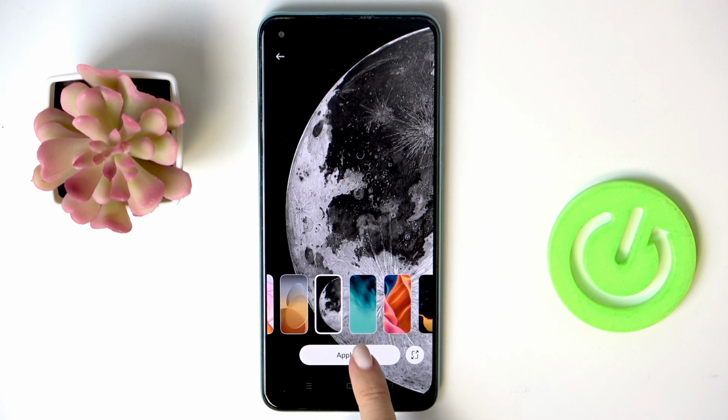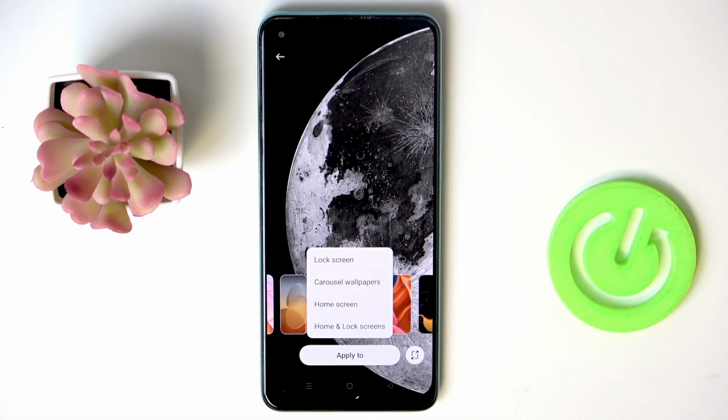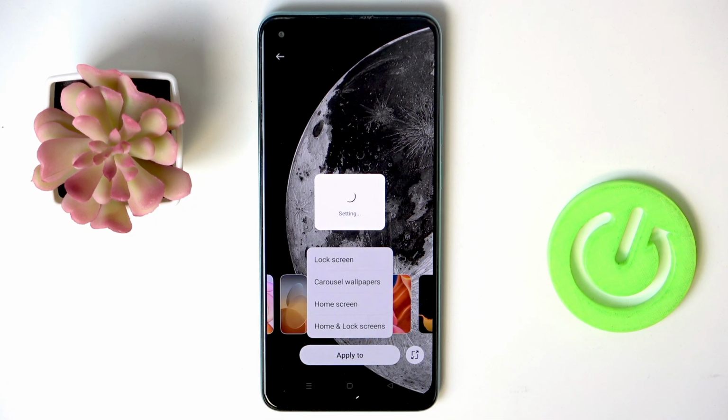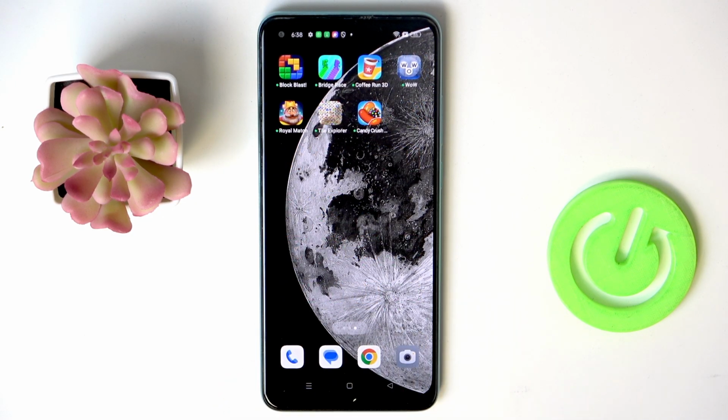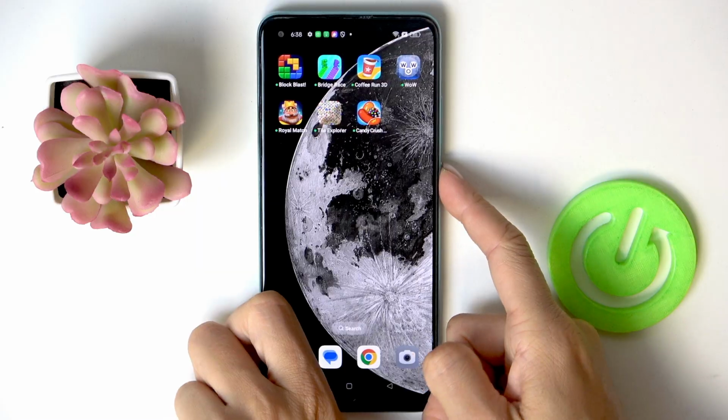Maybe this one. Now select apply to and then decide if it's for your lock screen only, carousel wallpaper, home screen or both home and lock screens. And that's it, that will be all. As you can see from now on, this photo is assigned to both home and lock screen on your